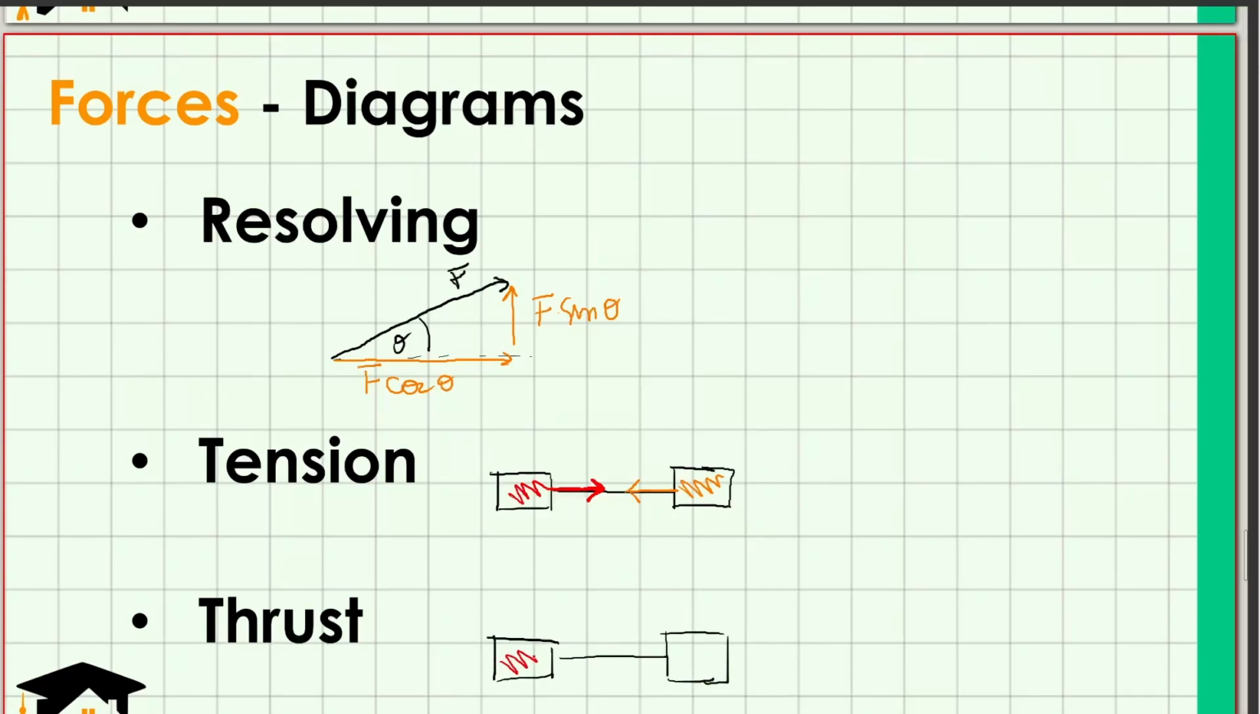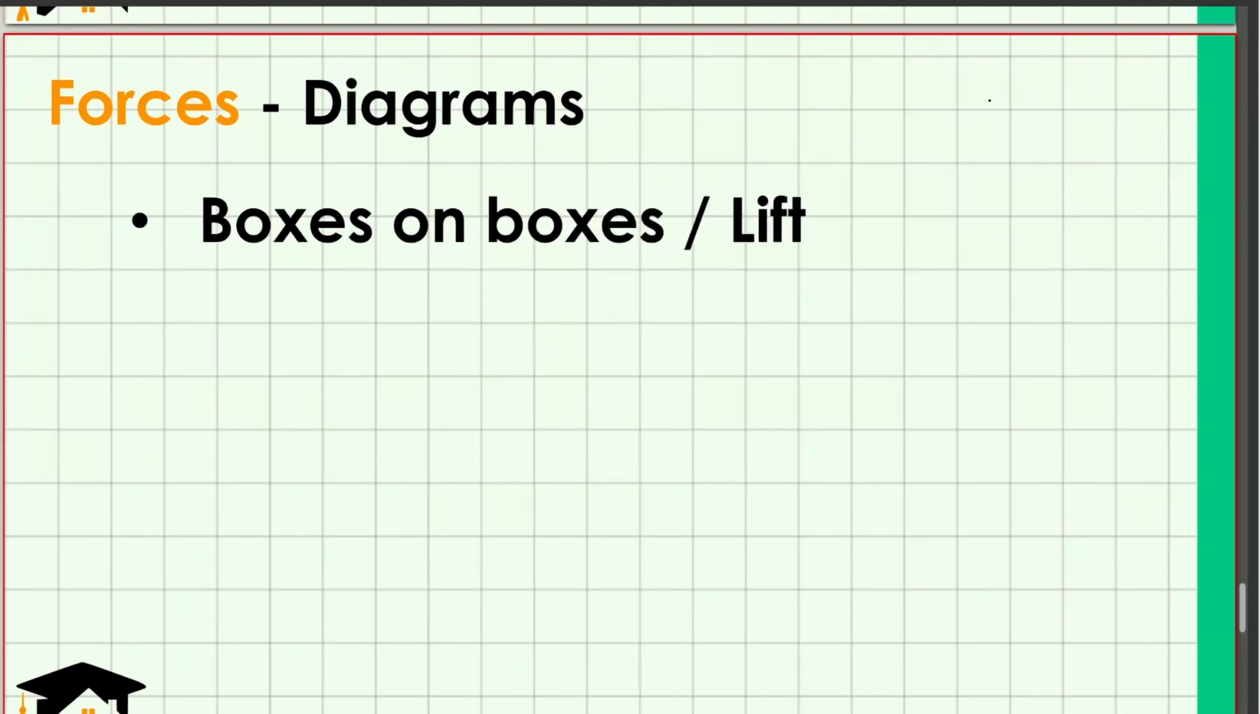But now this first object is feeling like it's being pushed in that direction, and the other one feels this force. But sometimes we can have more complicated situations, like for example, two boxes on a lift. So let's say we are given this situation. There is a lift,